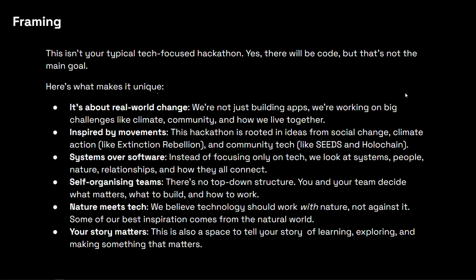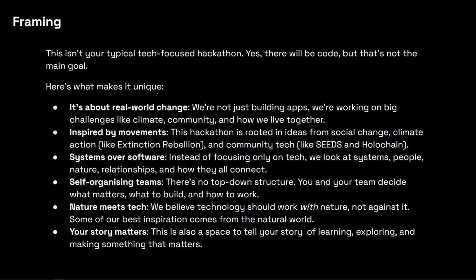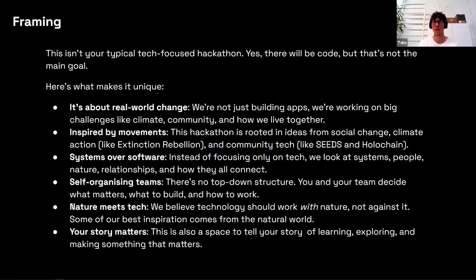Okay, so this is not your typical tech-focused hackathon. This is something that we've said repeatedly during the tasters, but this slide is kind of really listing some of the key differences between this and a conventional approach to working on a hackathon. There's really a lot we can go into in each point here, and so feel free to just take a few minutes to read through those. We'll keep coming back to this over the course of the weeks.